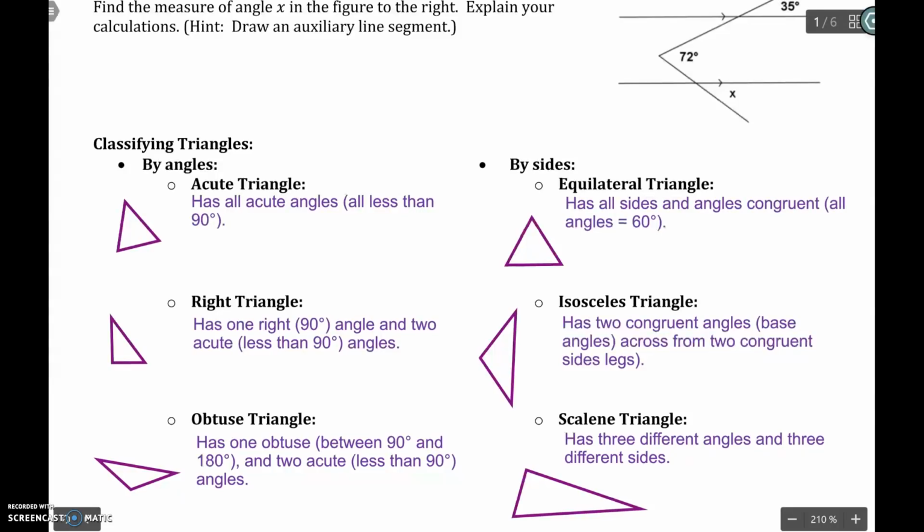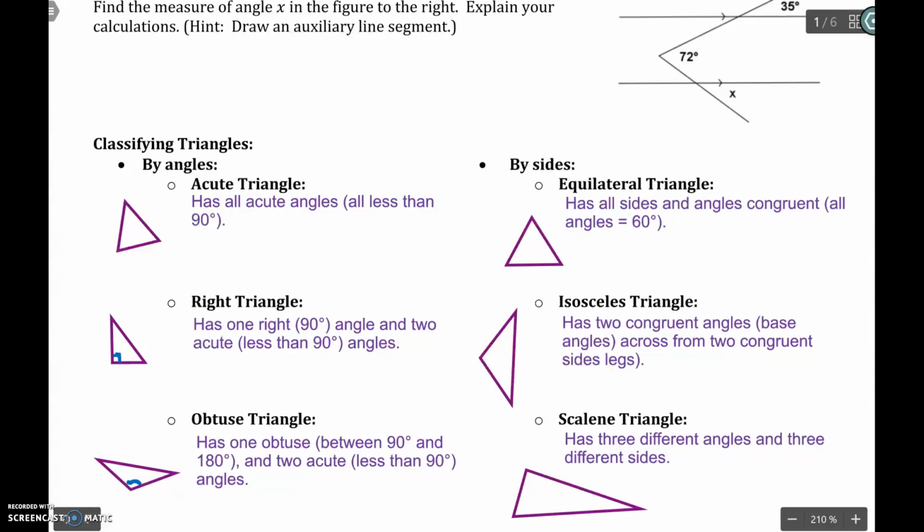Each triangle that we ever look at can be classified in two ways, one by angles and one by sides. By angles, we have an acute triangle, which means every single angle is less than 90 degrees. A right triangle will have one right angle, and the other two will be acute, less than 90. And then we have an obtuse triangle, which has one obtuse angle, which is between 90 and 180, and then two acute. By sides,